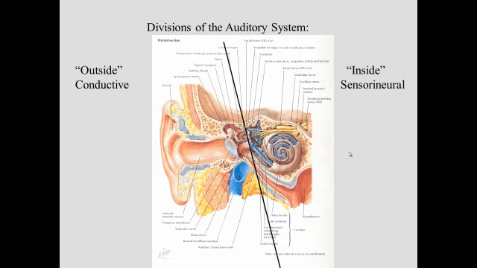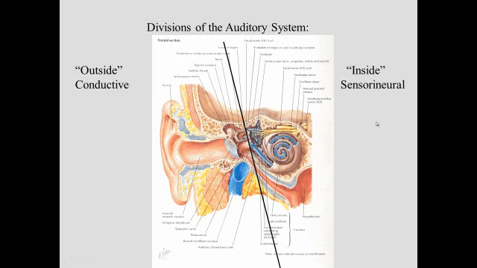When we talk about audiology and the measurement of hearing, we find it convenient to divide the hearing system, the peripheral hearing system, that is to say the hearing system that's kind of on the outside part of the body, into both a conductive system and a sensorineural system. So the conductive system is the part that's further toward the outside of the body, and the sensorineural system is more toward the inside of the body, I guess, if you want to look at it in a very simplistic